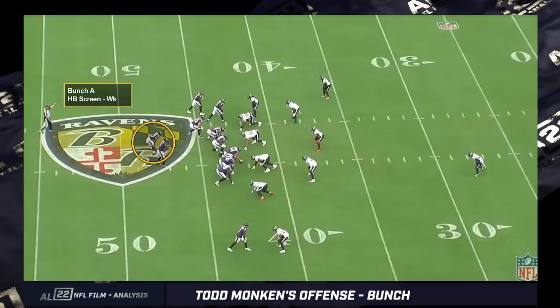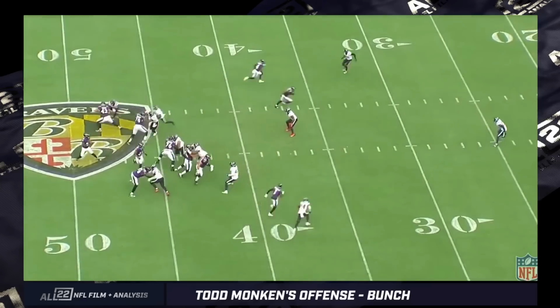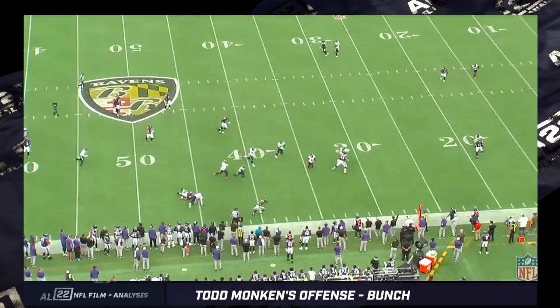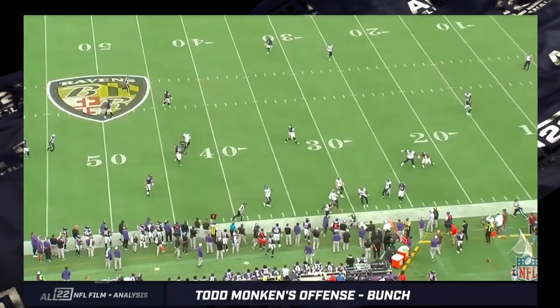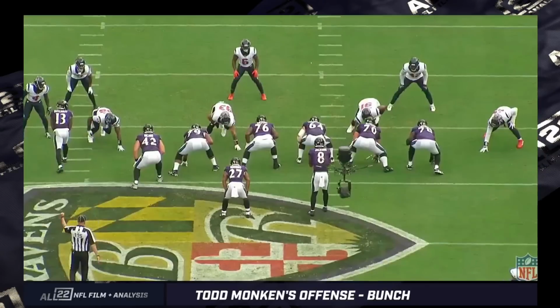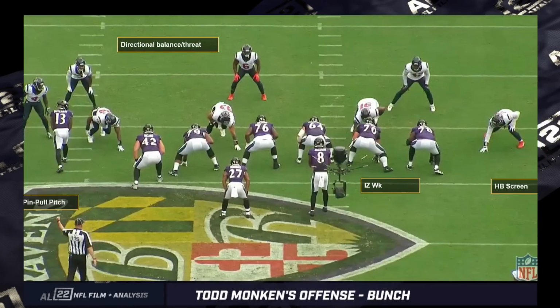This is a reverse engineered offense where Monken has a hit chart, and he's making sure that they're hitting not every gap, but at least every side of the field. We used to do that when we were tracking offenses. If they never attack the weak side B gap, then we feel like we can line up in certain ways. I'm not saying leave that gap available, but we understand that we don't have to defend all of the field